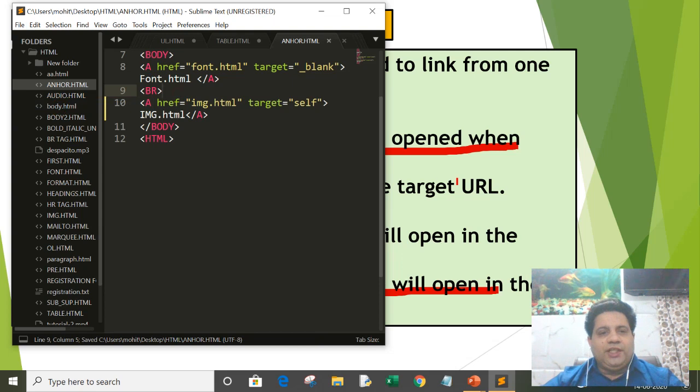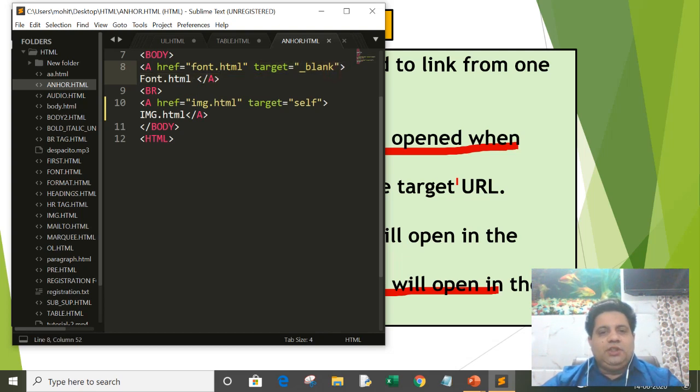See, how will you use the anchor tag? First of all, you will write a, then you will give href, then give the name of the document. If your document is within the same folder, then you only need to type the name of the document, your HTML file. And if it is on some other path, then give C colon, D colon, and if it is located somewhere on the internet, then you give the URL starting from http www. That's all.